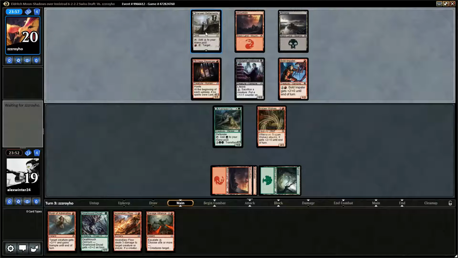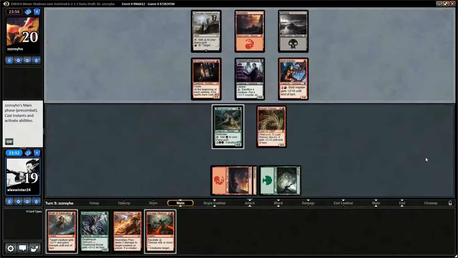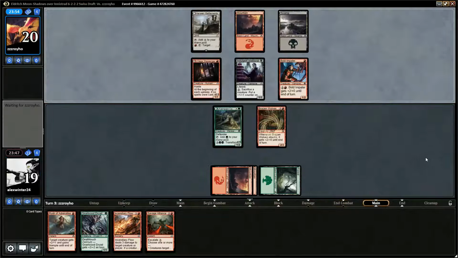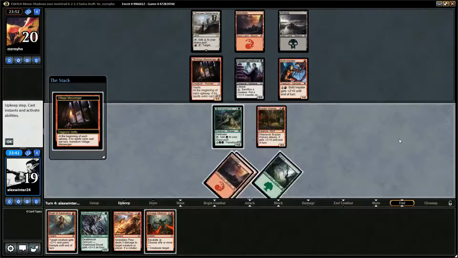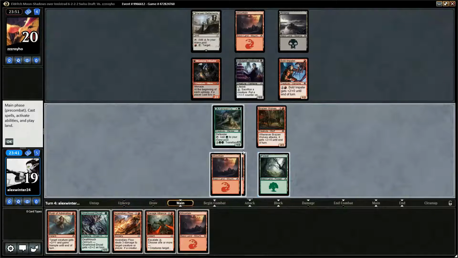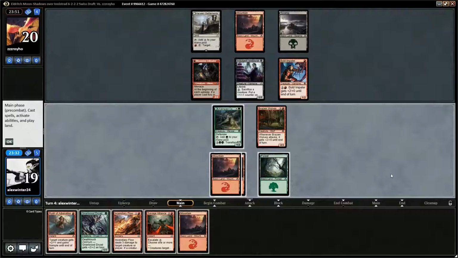Ooh, they picked up Hanway Battlements. I wonder if they picked up Hanway Garrison. Another pretty good meld card. Okay, so, well, that's really annoying, actually. We probably should Savage Alliance in response. This just gives haste, so...